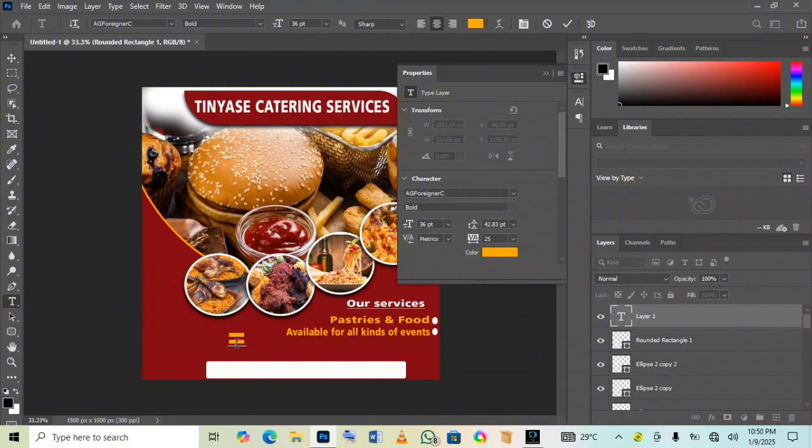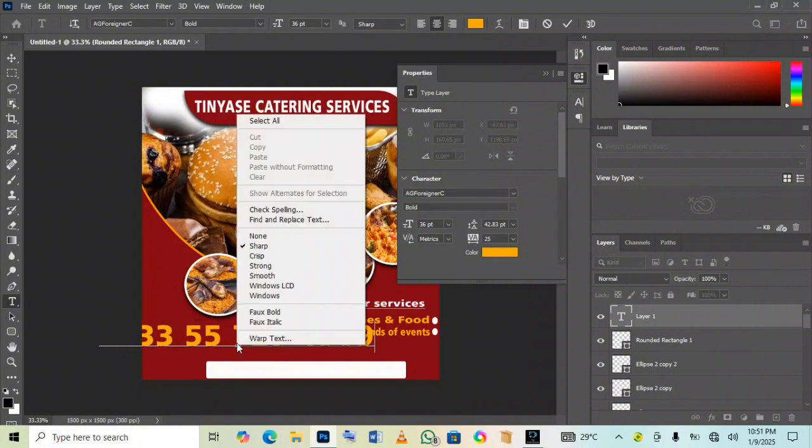Make it +233, make it 0, make it 555 7271 1969. Change the color mode to